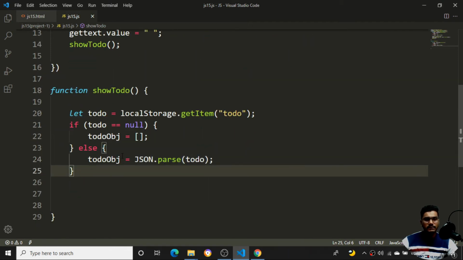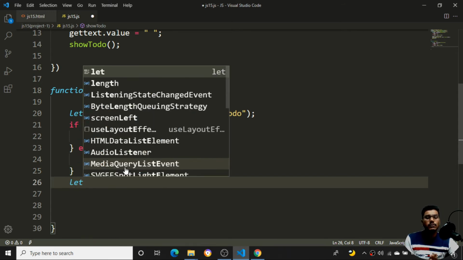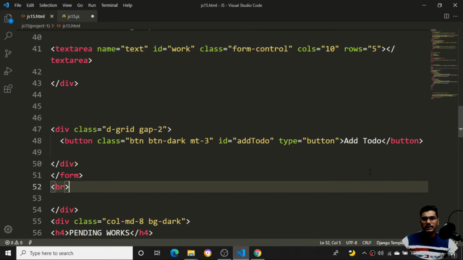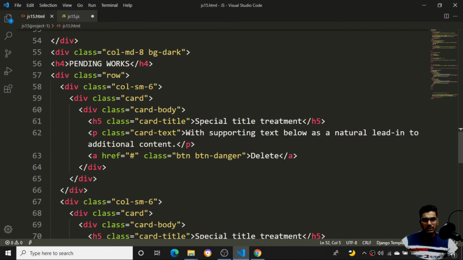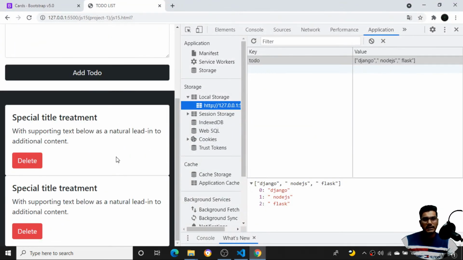So once it is done, I have done this till here. So I'll create one more. Now I need to use the first, I'll create a let HTML is equal to, first I'll make my HTML empty, because from here I need to send the data to this particular place, whatever the cards I have displayed. So inside the cards I need to send it over here now.